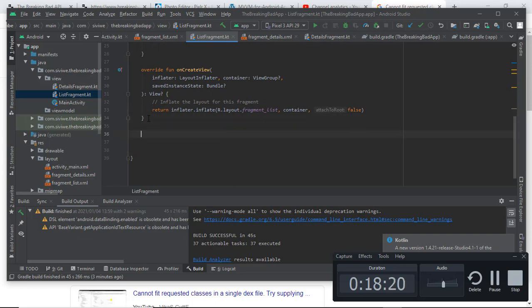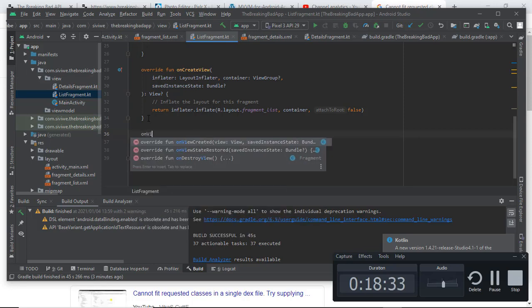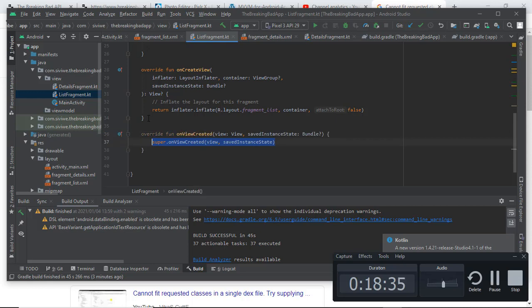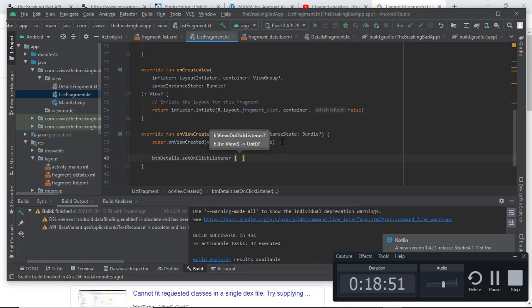So I'm going to use a lifecycle method, which is onViewCreated, which is basically going to say once the view has been created, do this. So I'm going to say onViewCreated, and you see it has a view, so we want to access that button. So we can say btnDetails dot setOnClickListener,